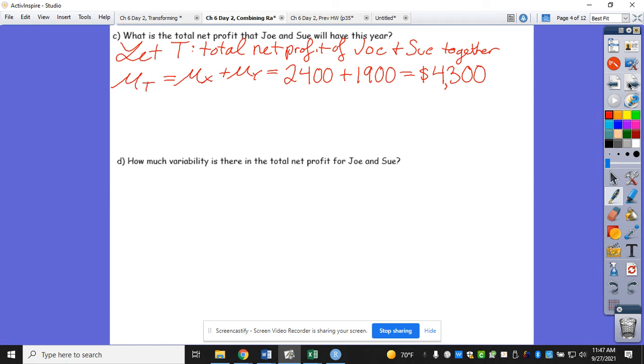So the part where we were at here, how much variability. Now if I want to find sigma of t, I have to do what? I've got both of my sigmas. What do I need to do with them? Square them. So I have a sigma of x, I want to square it. I have a sigma of y, I want to square it. What am I going to do with these two things? Add them. But right now, that's going to give me my what? Variance, but I want standard deviation, so I just have to remember to